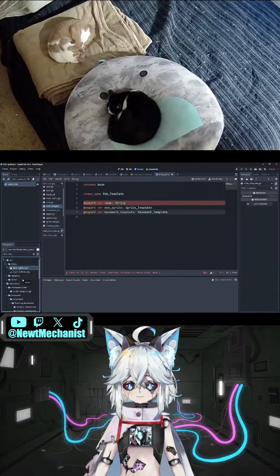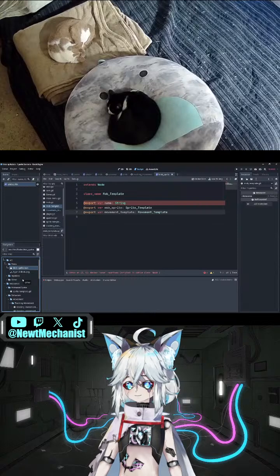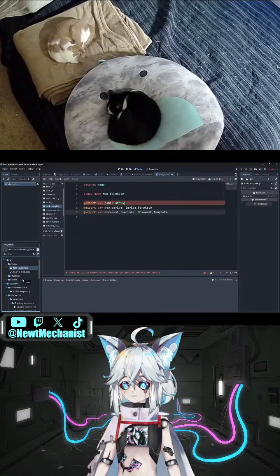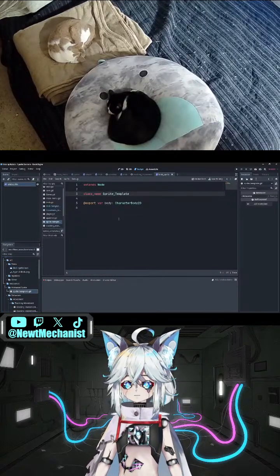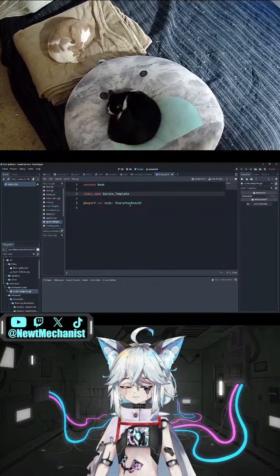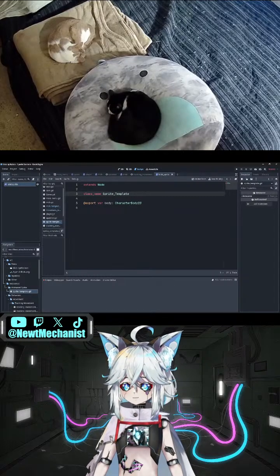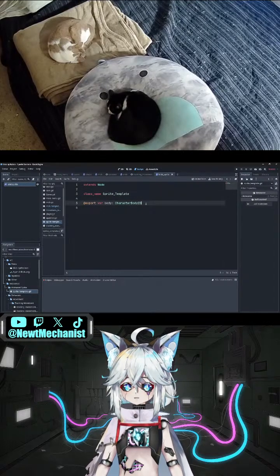Okay, so we have a sprite template that is a mob template that extends node. It's a body. And it has